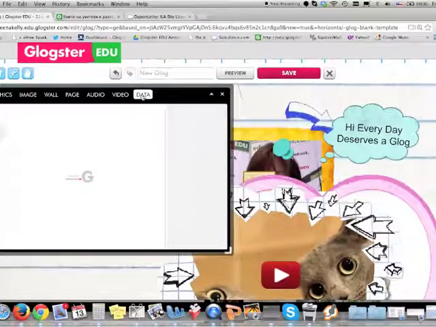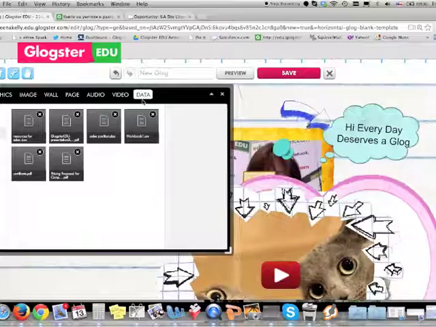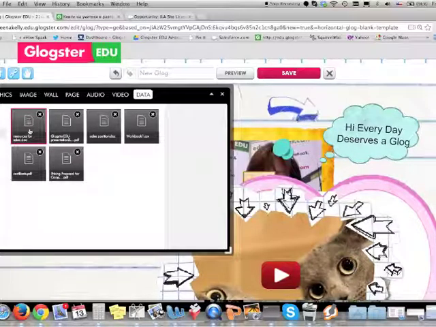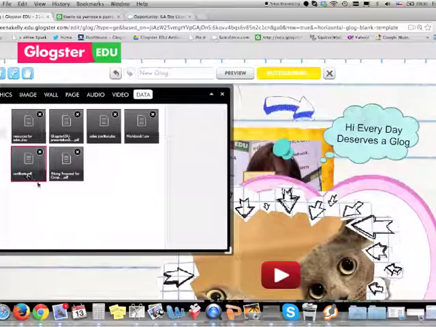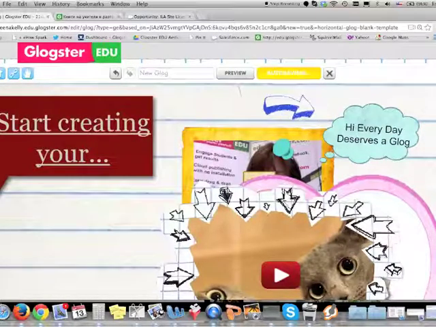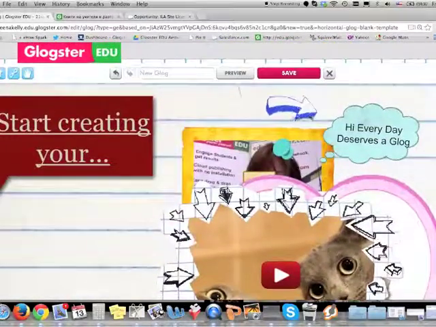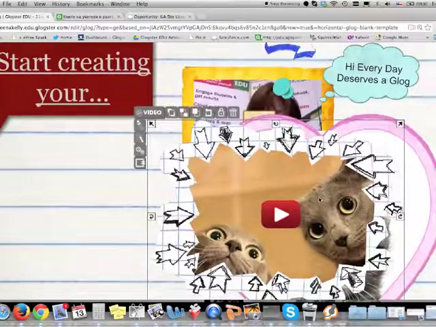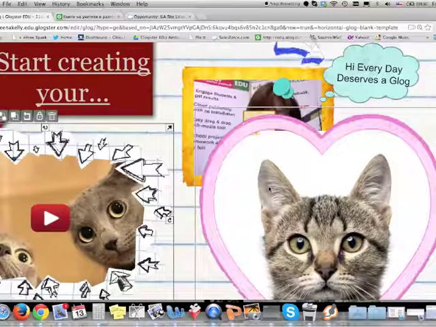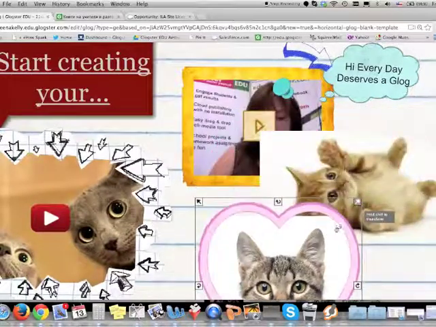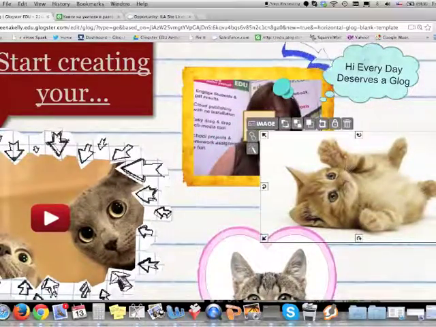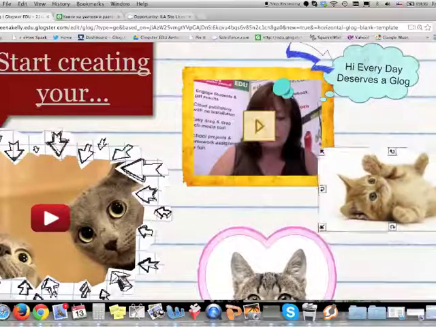The data tool, I had shown you the paperclip early on. The data tool allows you to upload those documents or presentations or PDF files and then attach them to your glog, making them visible to users after the glog is published. So once I have my glog created the way I want, and of course we're just resizing here and playing,